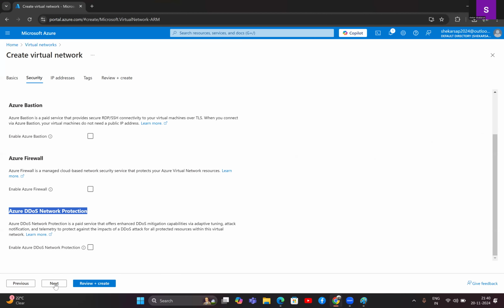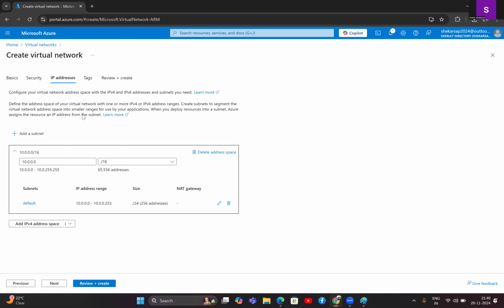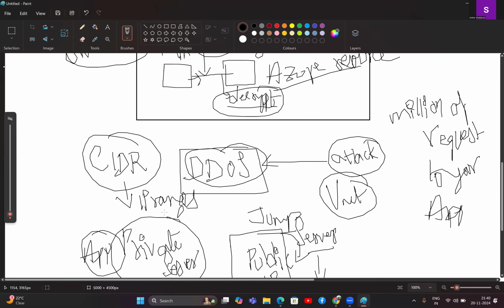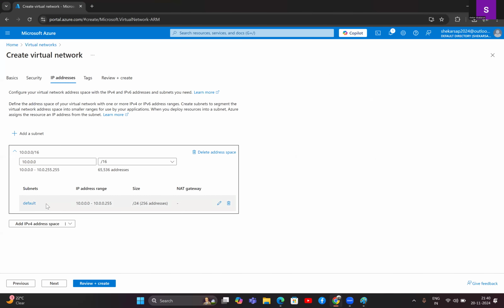So now click on next. Here you will give the information related to the IP address. We call that the CIDR range, classless inter-domain routing, which we normally call IP ranges. Already it is default. See, this is my VNet range, 10.0.0.0/16 is my VNet range. And by default, it has created one subnet, default,